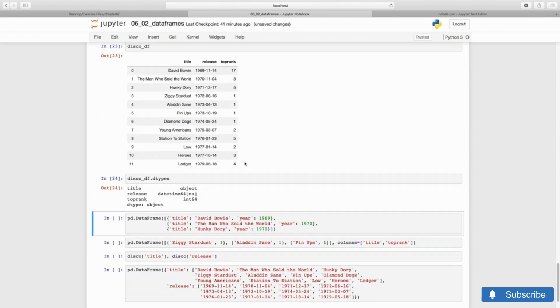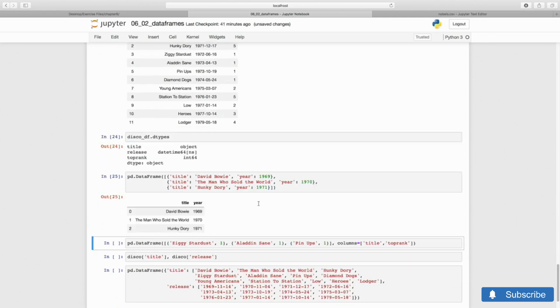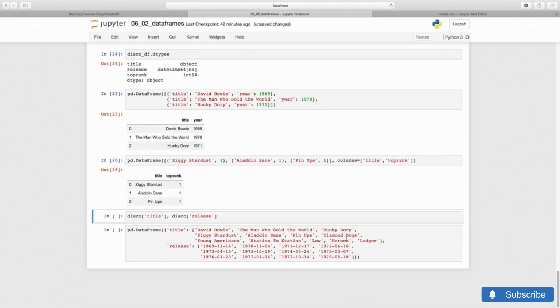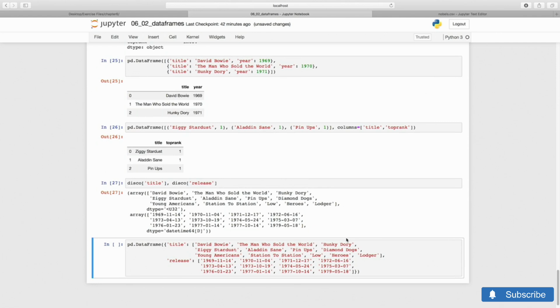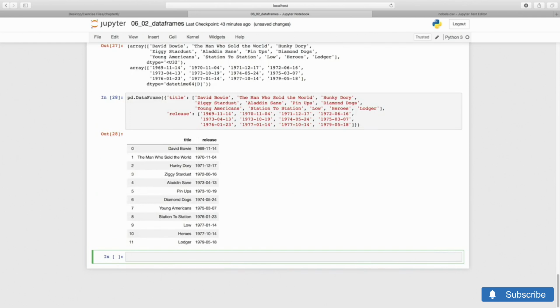Starting from scratch, we may build a data frame from a list of dictionaries, which means that we'll be repeating the column names over and over, or from a list of tuples by providing names for the columns, here title and top rank. Named tuples would also work great here. Otherwise, we can build the data frame in the other direction from a dictionary of vectors or lists. Here I'm just copying information from the NumPy record array to make actual lists, and then I feed them to data frame. We have data frames. Let's move on to using them.